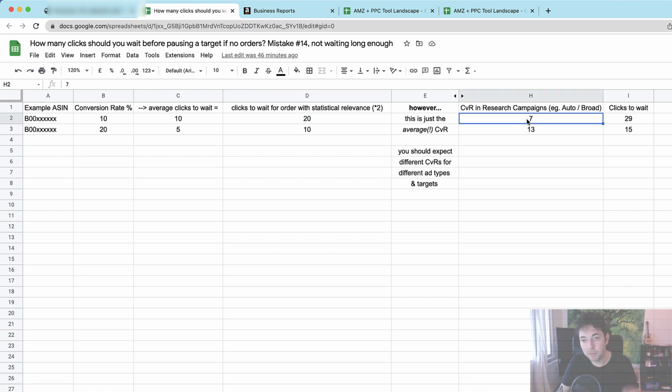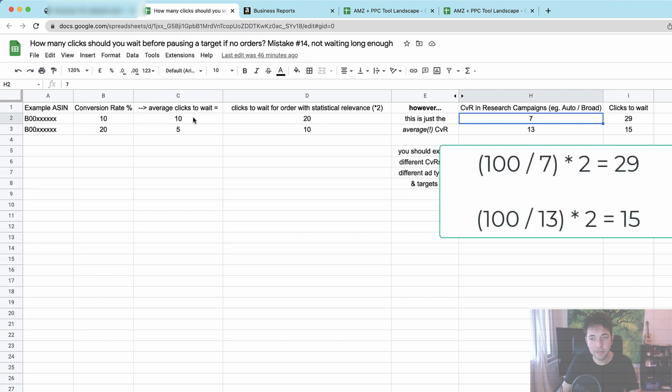Typically, if you don't already know that somehow, perhaps from similar products where you already have an automatic campaign, then I just take some percentage off, let's say 3% in this case. So I just calculate with 7% for this automatic campaign,